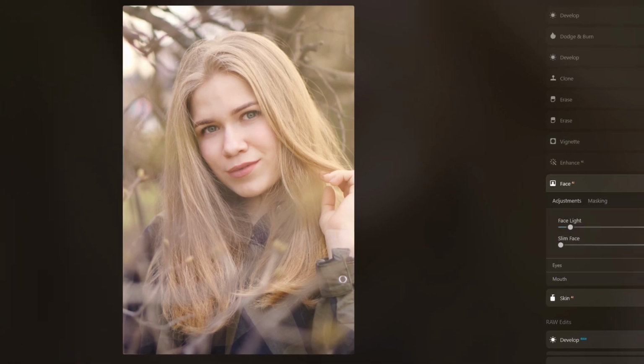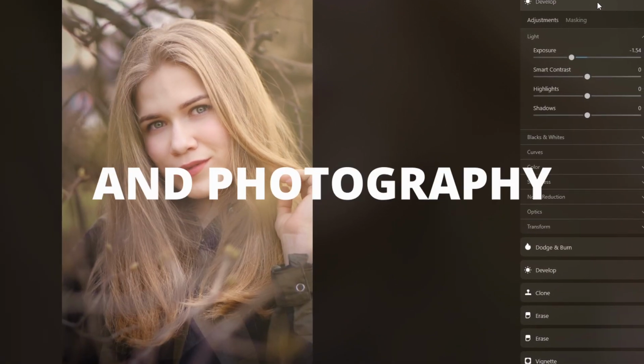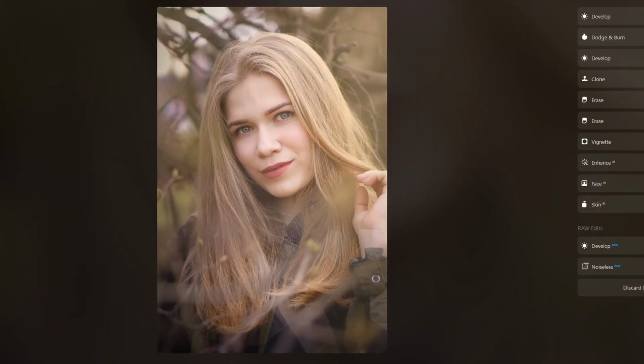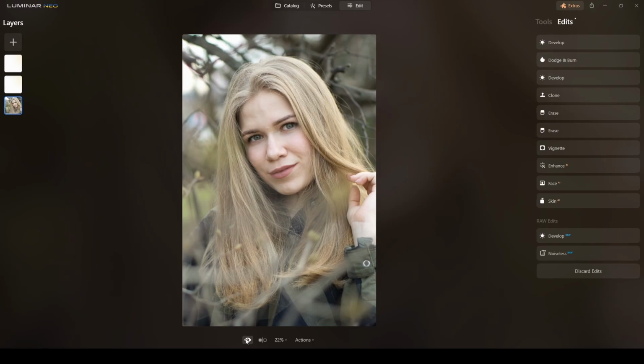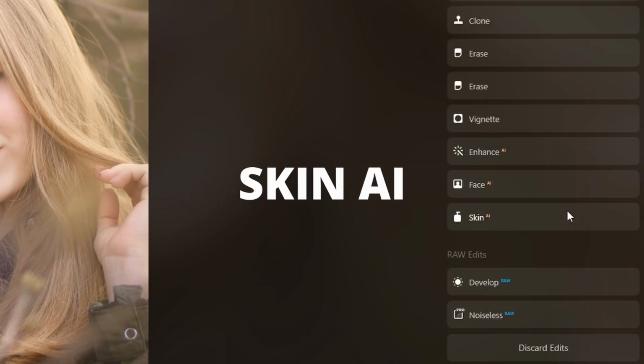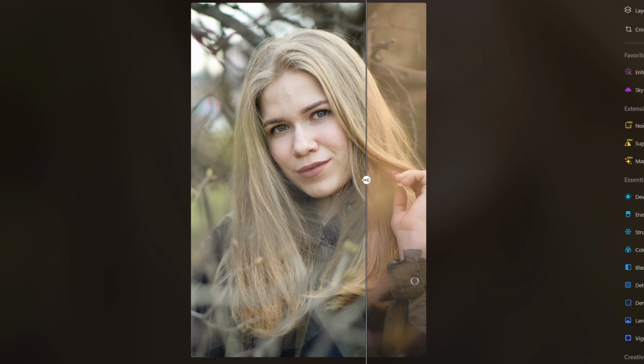Today, Jose is diving into the mind-blowing world of AI and photography. Take your images from great to absolutely jaw-dropping using the incredible power of Luminar Neo. Exploring its arsenal of mind-blowing tools like Face AI, Skin AI, Enhanced AI and others to transform this photograph into